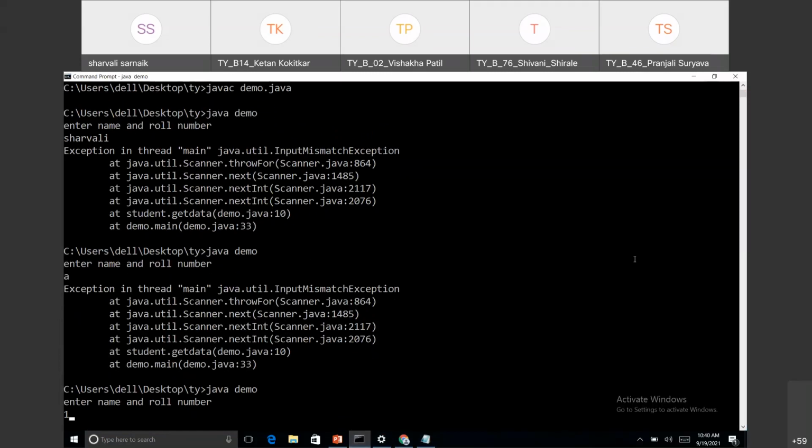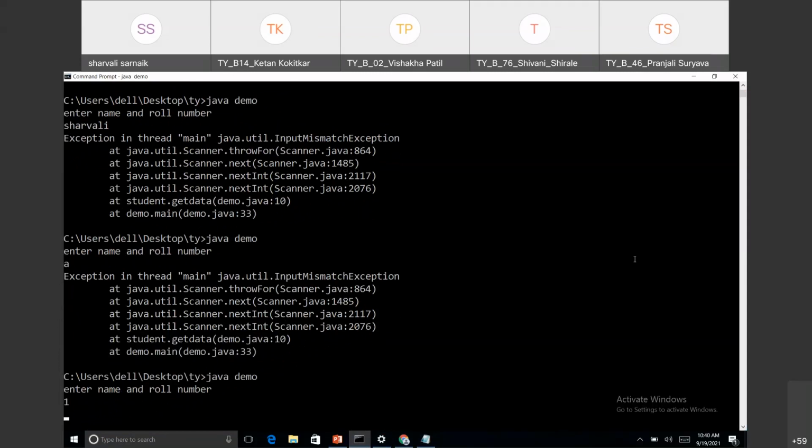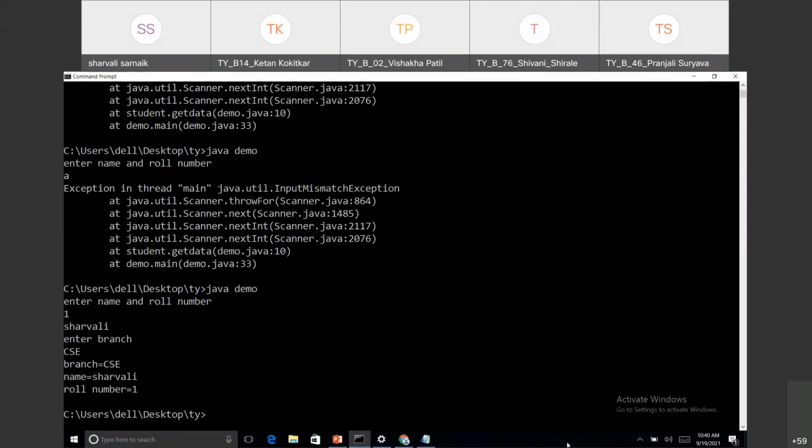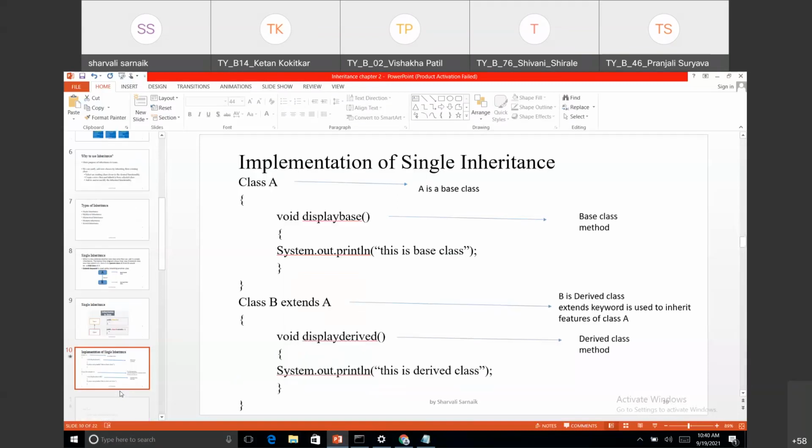First we have taken roll number and then name. Yes, now it is saying enter branch. So it is displaying branch CSE, name Sharwali, roll number 1. So this is the simple example of single inheritance. I hope you have understood this.